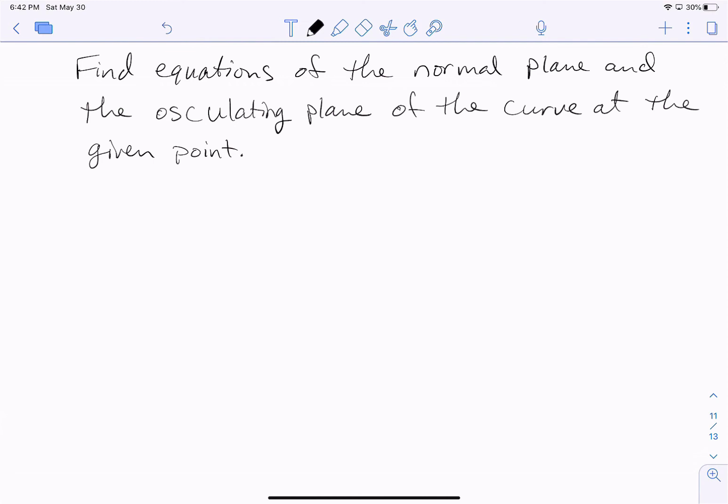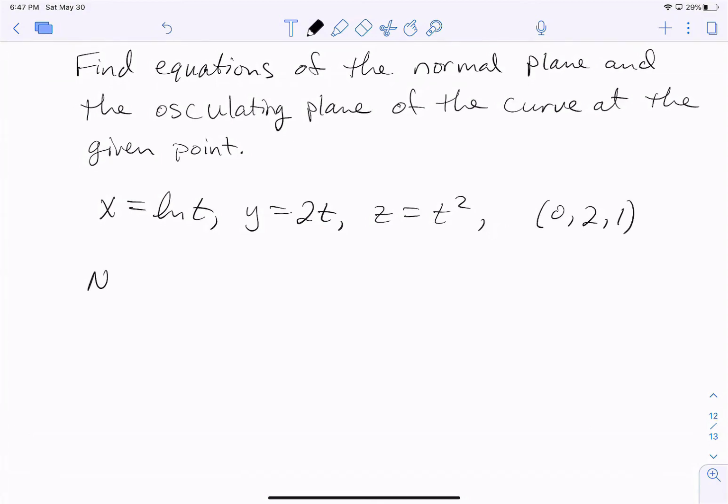We're going to find equations of the normal plane and the osculating plane of the curve x is equal to the natural log of t, y is equal to 2t, z is equal to t squared at the point (0, 2, 1). Let's remind ourselves that the normal vector for the normal plane is the tangent vector r prime of t,